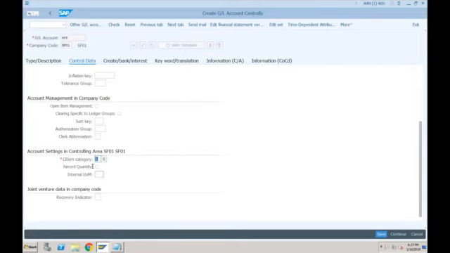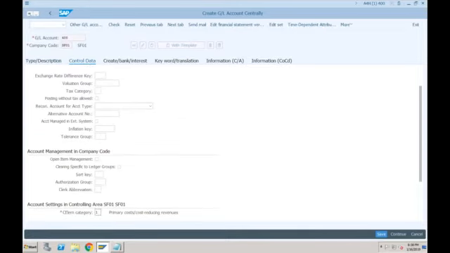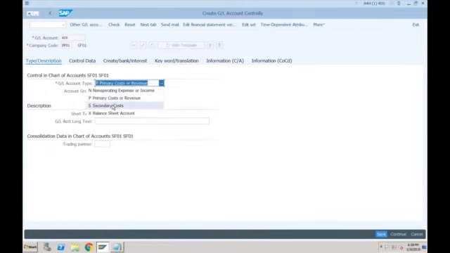These were also available in ECC in controlling when you created the cost element. But just remember one thing: these fields will become active only when you select primary cost or revenue or even secondary cost, which means when you want to create a cost element also. For example, when you are creating non-operating expense or income, you'll be only creating a GL account, not a cost element, so these fields will not be visible at all. They will only be visible when you select either primary cost or secondary cost.